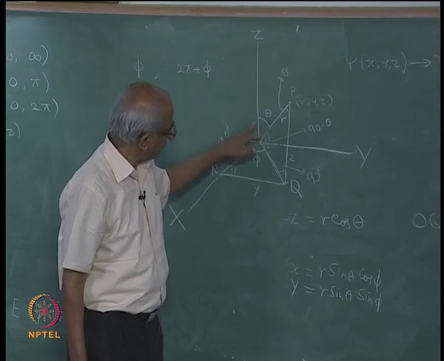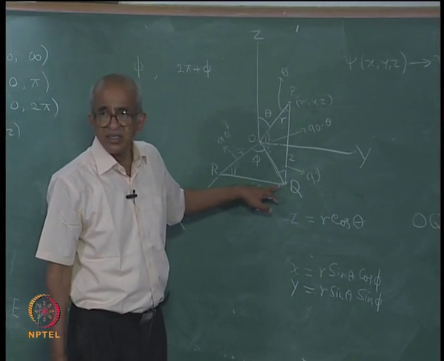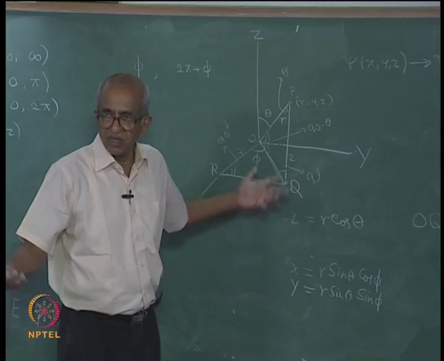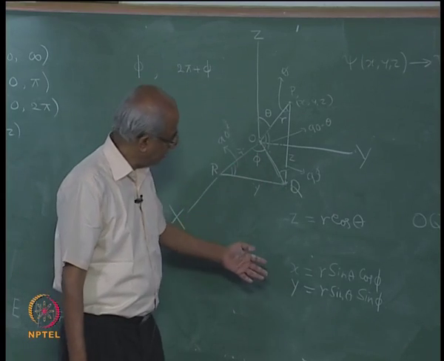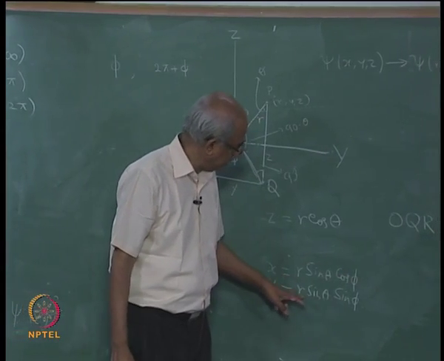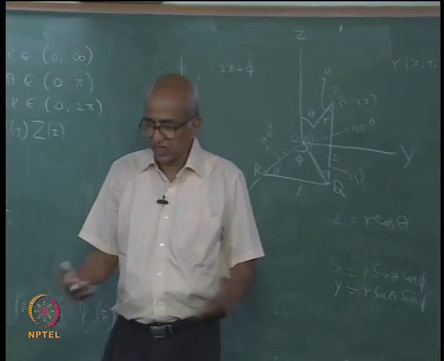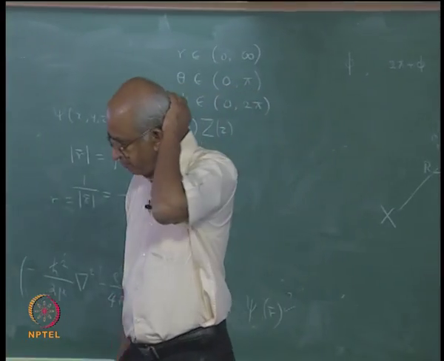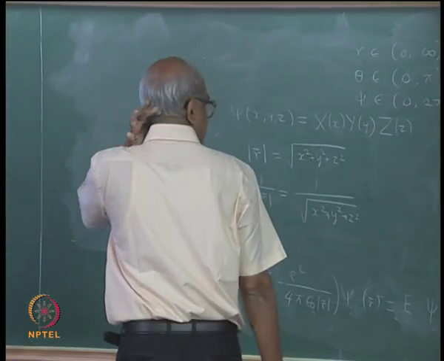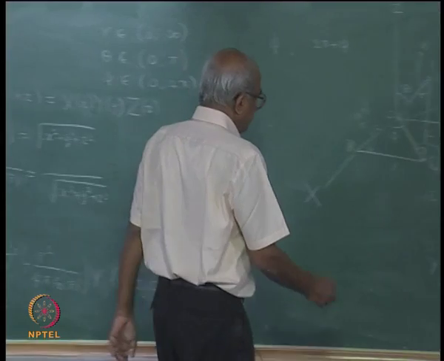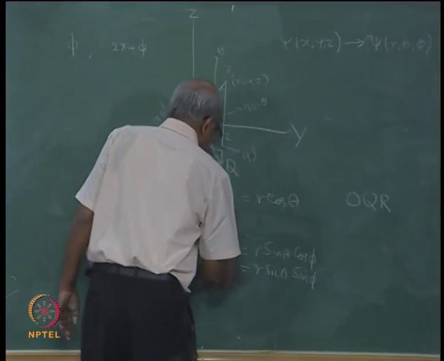OQ we had already found out, OQ was found to be r sin theta. So, therefore, what happens, x should be equal to r sin theta cos phi, and y should be equal to r sin theta sin phi. So, this is fairly simple derivation, and what you have to do is you have to make use of these relationships,